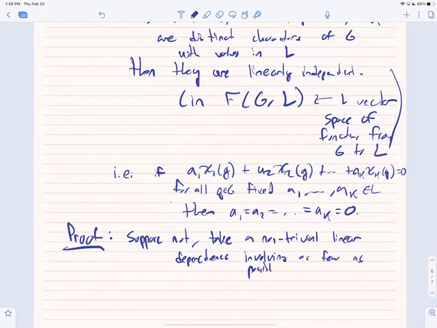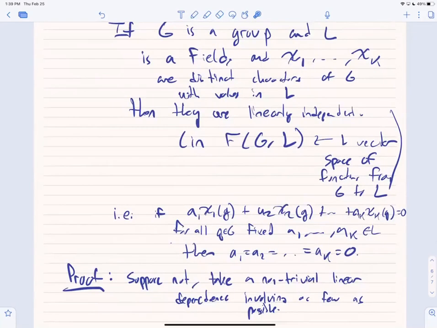This is a useful argument for establishing linear independence in this kind of setting. You can start off assuming a minimal linear dependence relation. There might be a linear dependence relation that involves all k vectors, but there might also be one that involves k minus 1 vectors. Because k is a finite number, I can always find a linear dependence relation involving as few as possible,